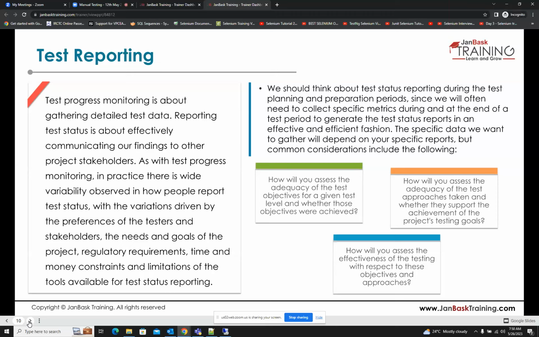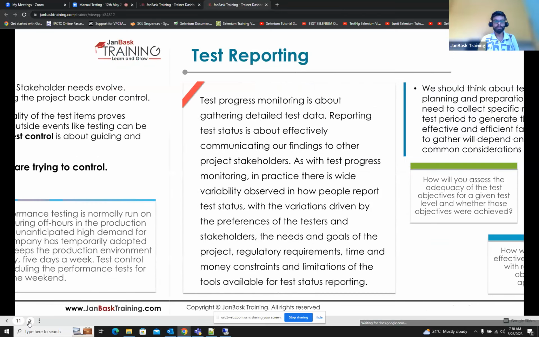Okay, any query from the test reporting part? No. Okay,